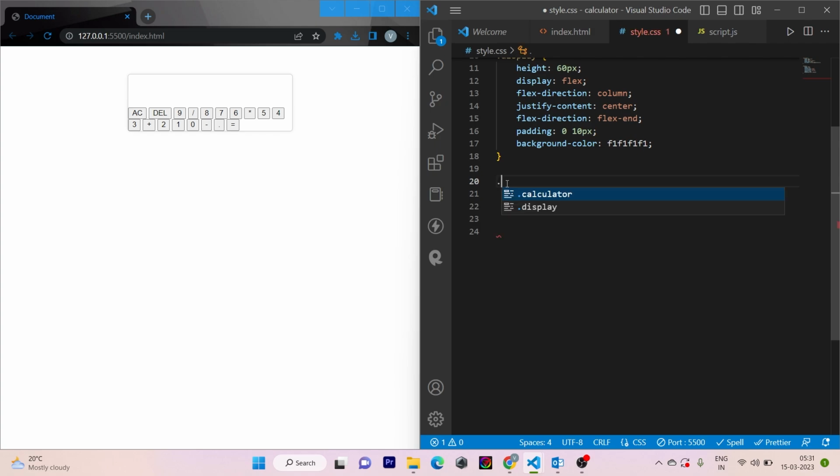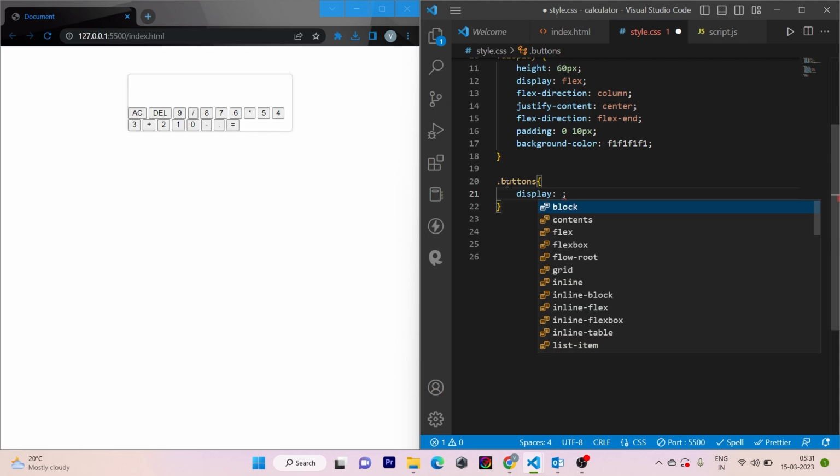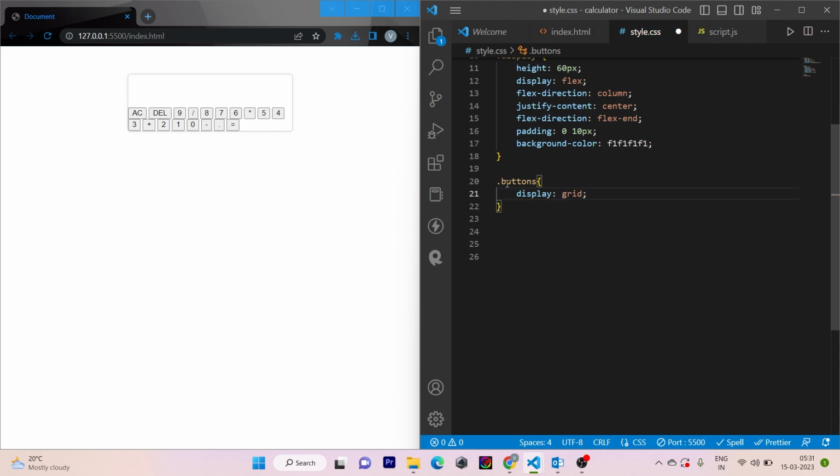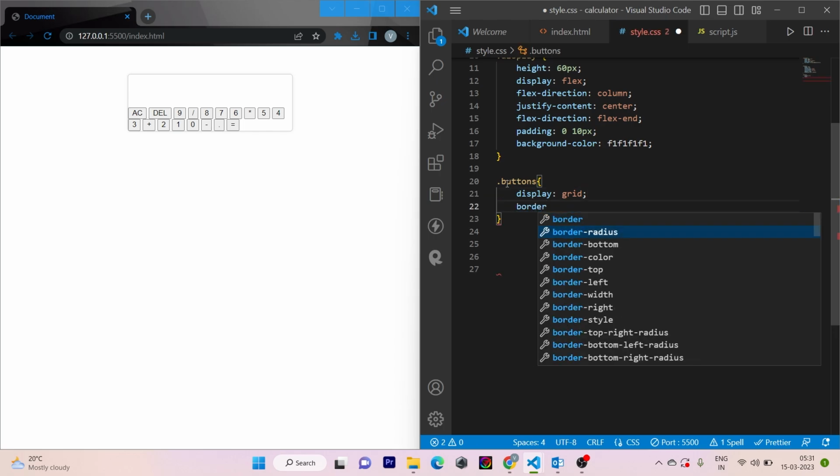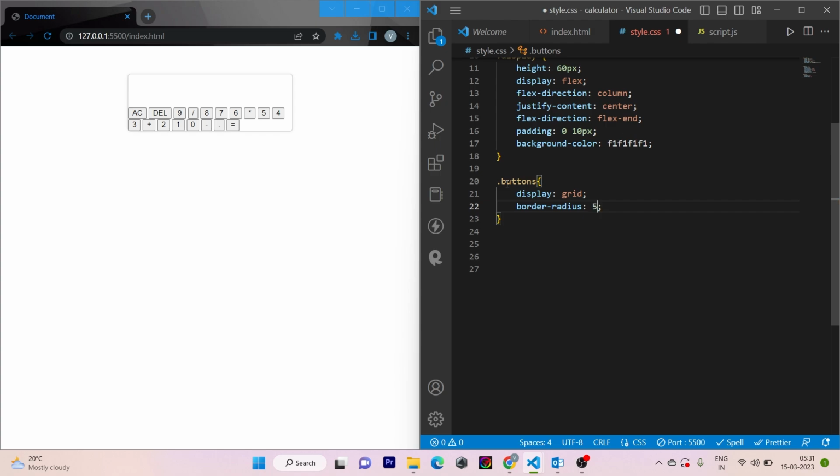So .buttons display should be grid, and border radius should be 5 pixels. Display should be grid, and now